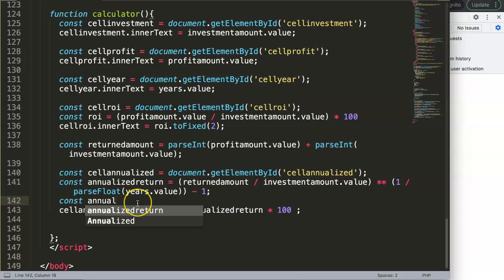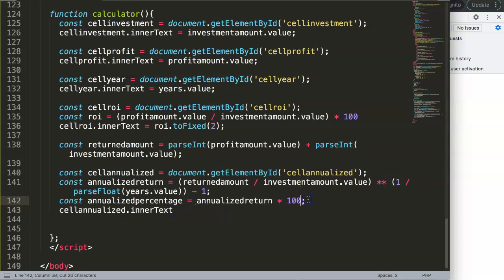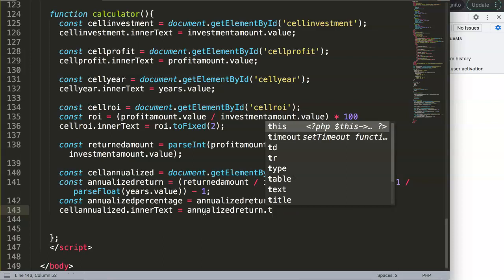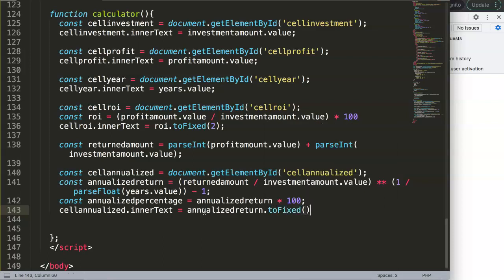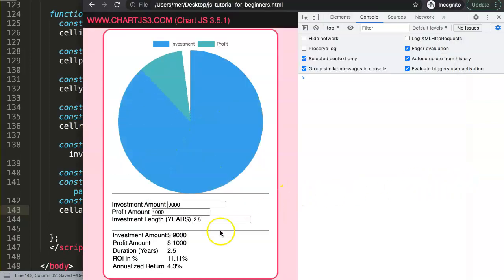Annualized percentage, I guess. Percentage. All right, and that will be equal. I'm just going to cut this out, put it here, multiply by 100, and then we say here annualized return dot toFixed, and then here value 1 only. So you only get one decimal. So refresh this now. Let's see if we have